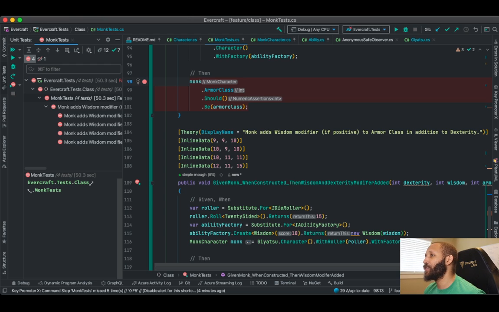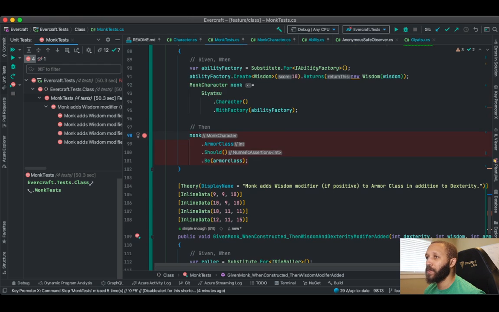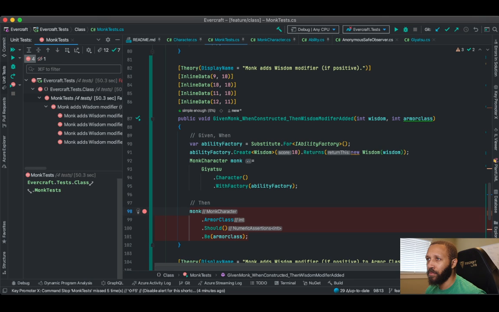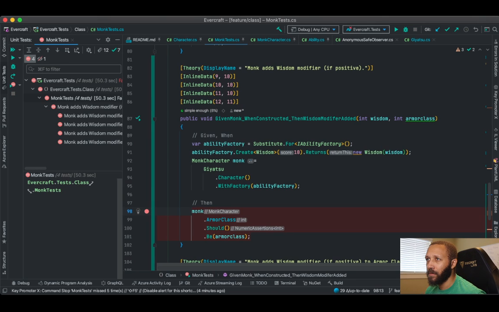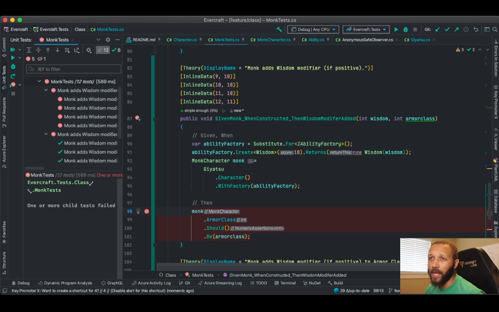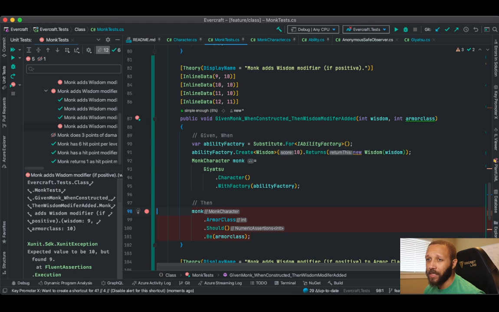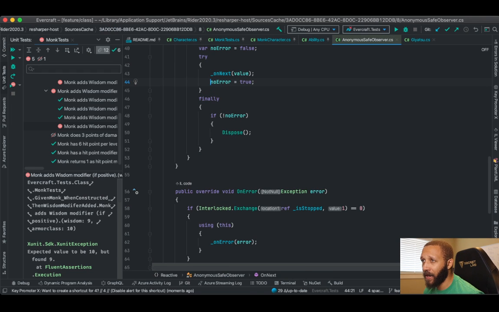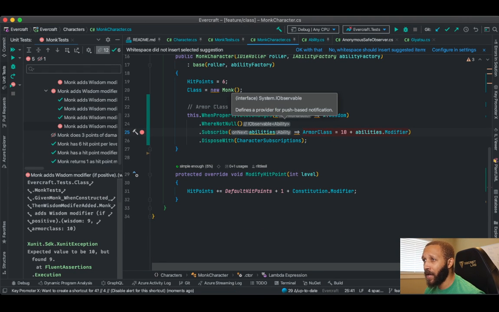All right, but that still doesn't actually solve the requirement, right? Because we can very easily... This test is still brittle. Because if we run all the monk tests, not just the ones that previously succeeded, some of these are probably going to fail now. Yep, there we go. There's an additional failing test on the wisdom modifier one. Now, because we've wired it up correctly, we expected it to be 10 but found 9 because it's applying the negative modifier. So we just need to go back and say, where not null,